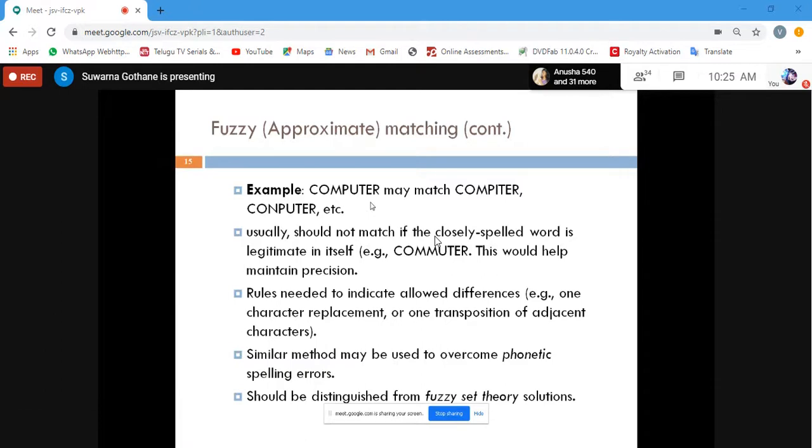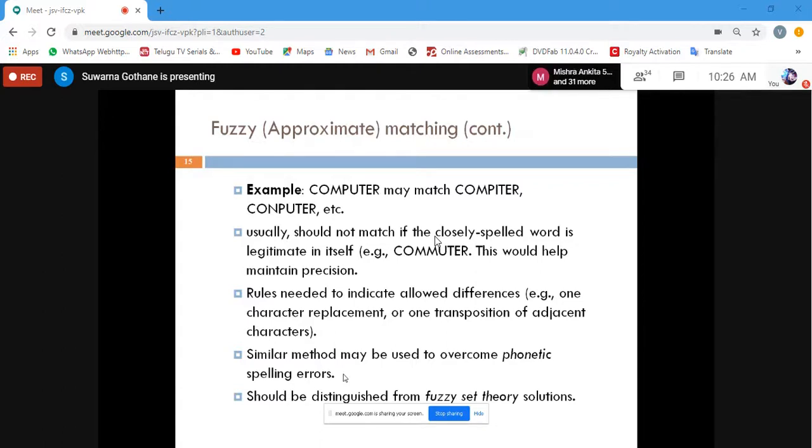Okay, so depending on the algorithms which have been used inside the system, it is going to give you the correct result. So single letter difference or one character replacement is going to be used. So this rule, as well as considering the beside one or adjacent character, or in terms of phonetics, so how you pronounce, and based on that also it is going to overcome the spelling errors. So fuzzy logic here is talking only about the spelling errors. Okay, fuzzy logic is going to discuss the spelling errors.